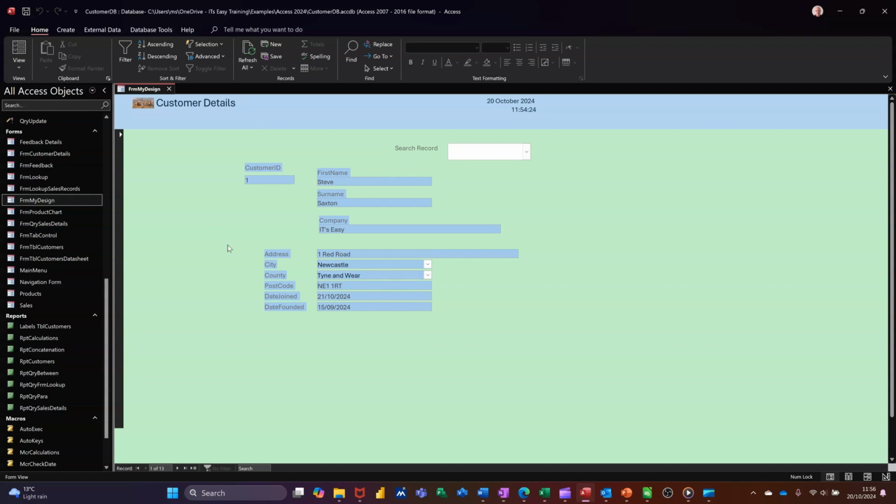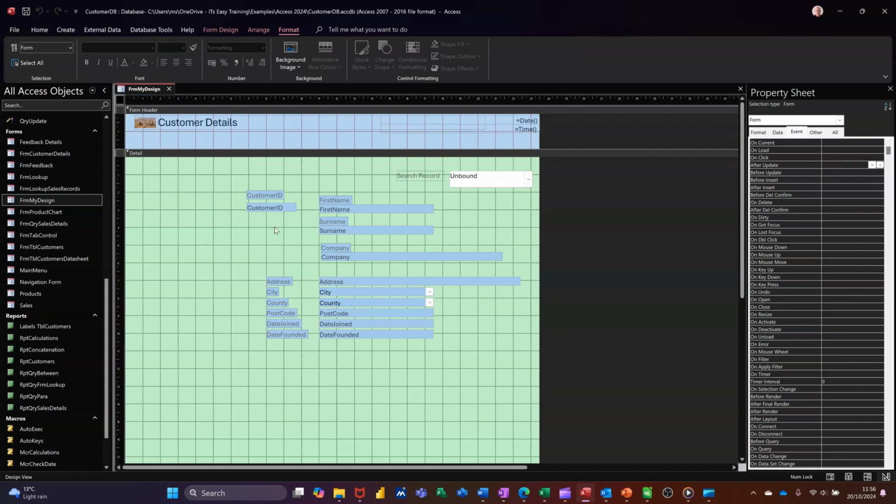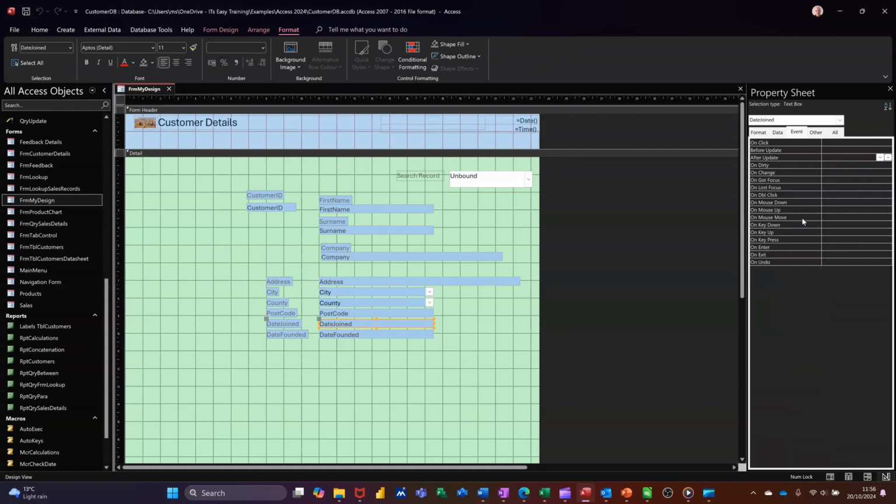On your form, get yourself into design. Click on that field, date joined, and then go and attach that macro to either after update. I'll go for after update, so it'll come up with that message. So it's called check date. This one, check date, save that,